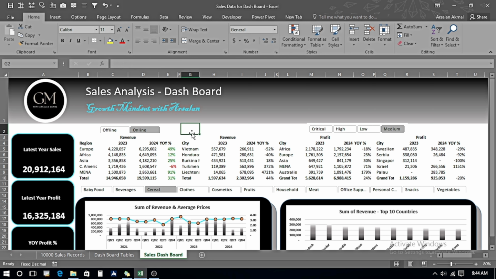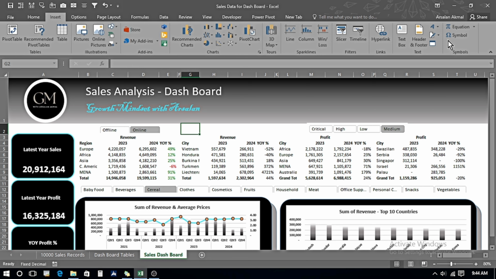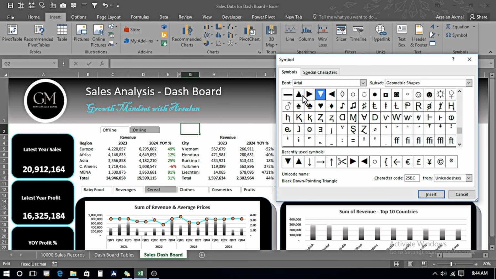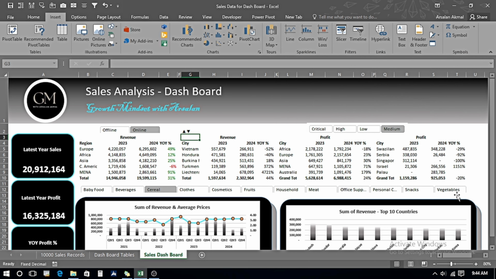So how can we do that? I will go in insert, symbols, and here we have an up arrow, insert it, down arrow, insert it, close it, press enter, and now I will go in the cell and copy these and delete it.